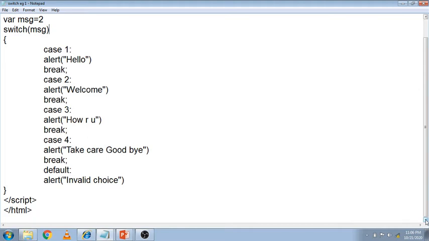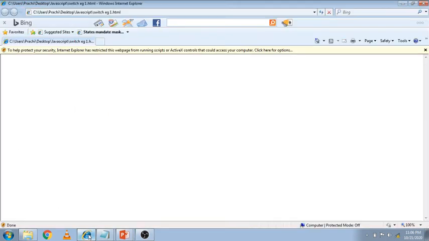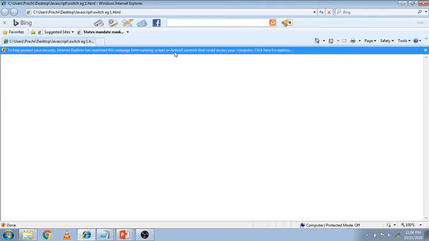Then the curly bracket completes, script close, HTML close. Save this file as switch example1.html, then run the file. See how to run: go to your folder, open with Internet Explorer. Then this is your pop-up, right click, allow blocked content, click on yes.